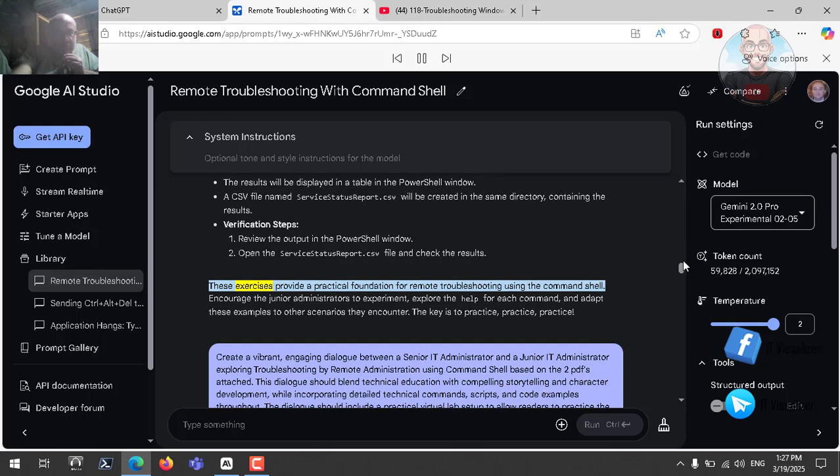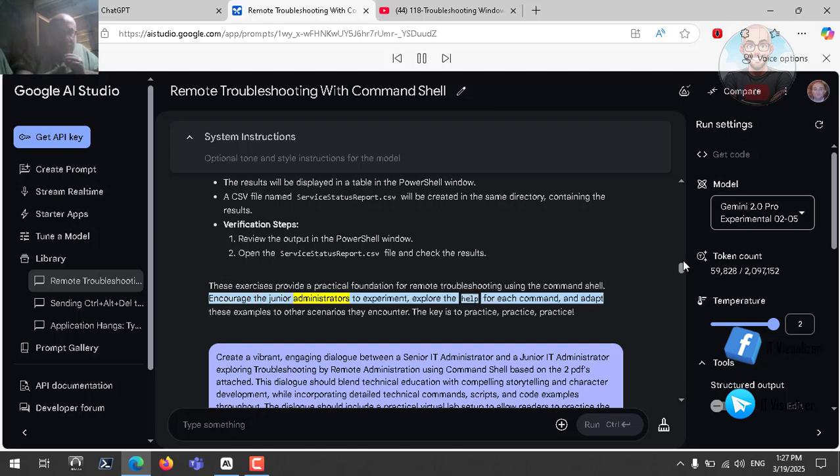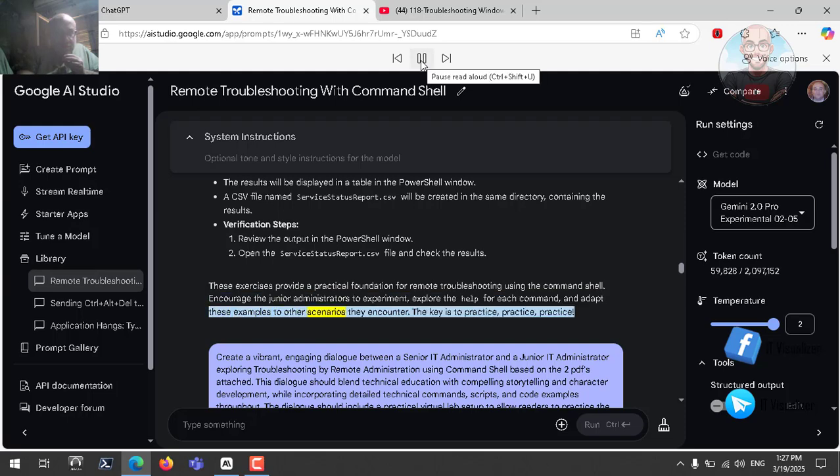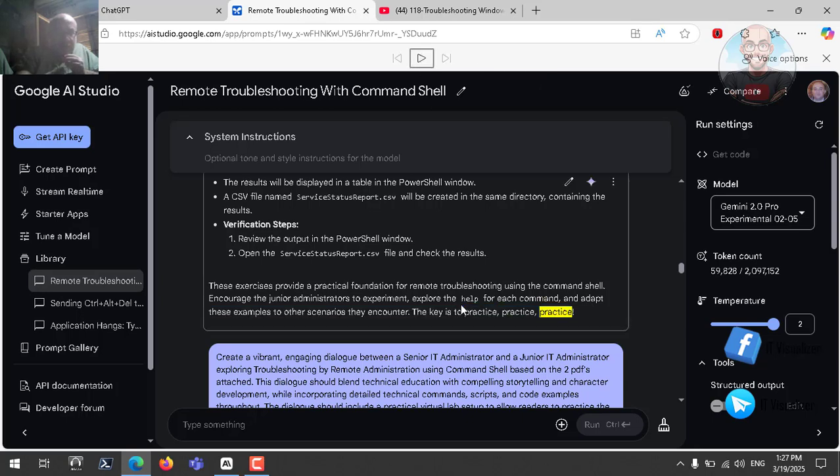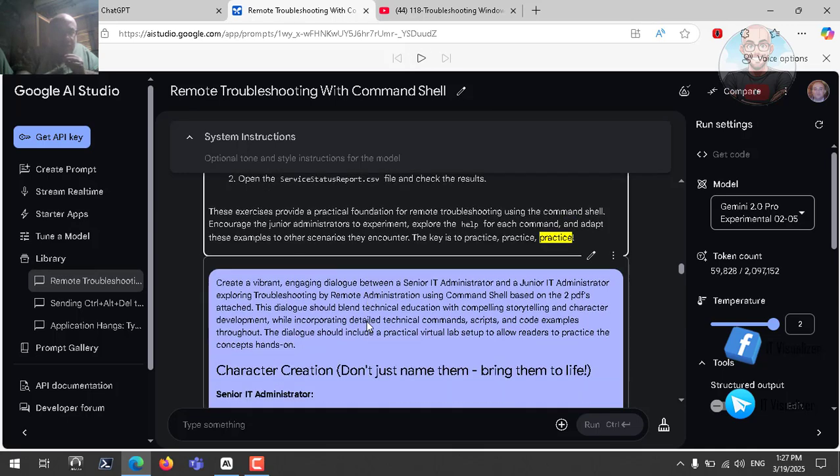These exercises provide a practical foundation for remote troubleshooting using the command shell. Encourage the junior administrators to experiment, explore the help for each command, and adapt these examples to other scenarios they encounter. The key is to practice, practice, practice. So these are the exercises from Gemini, and then we will go to another way to explain this topic